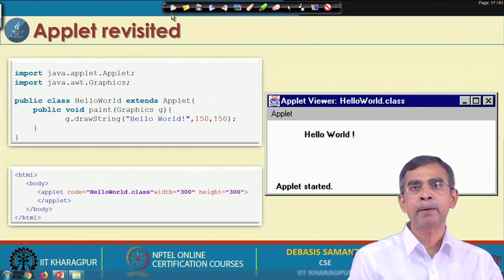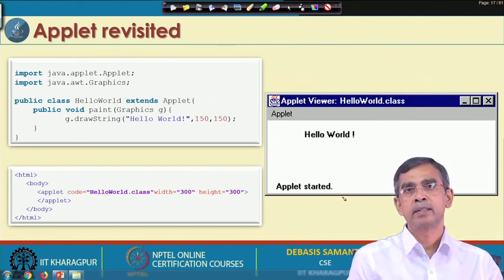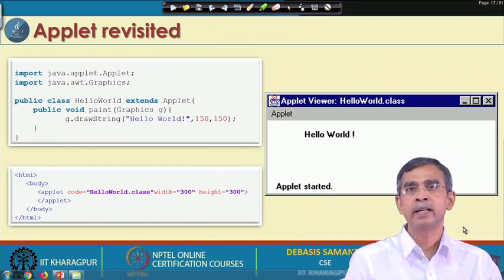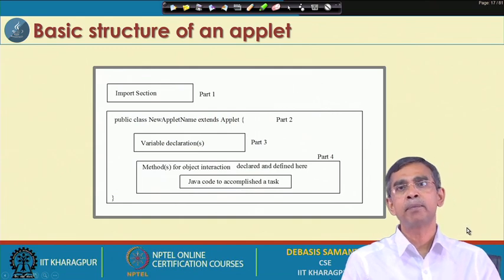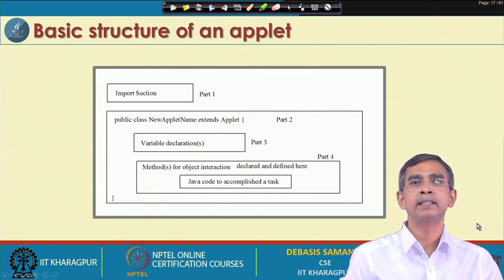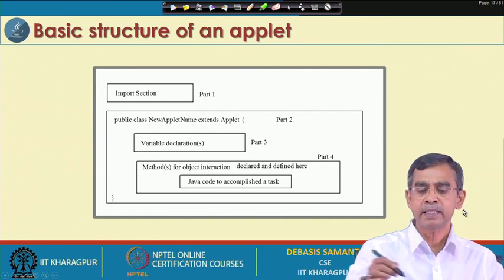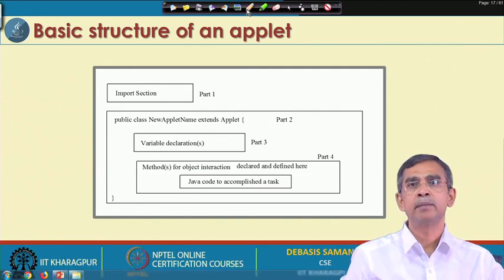So, these are the three basic steps so far as Java applet programming is concerned. Apart from these basic steps, there are many more things involved while you develop your Java applet, and how a complete Java applet looks involves many more things. I just want to highlight the important ones.